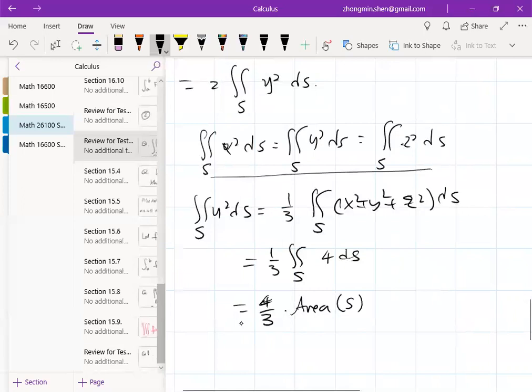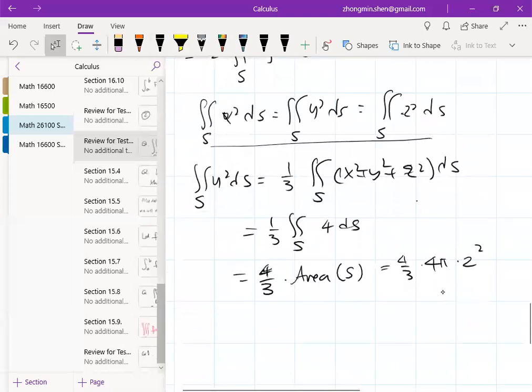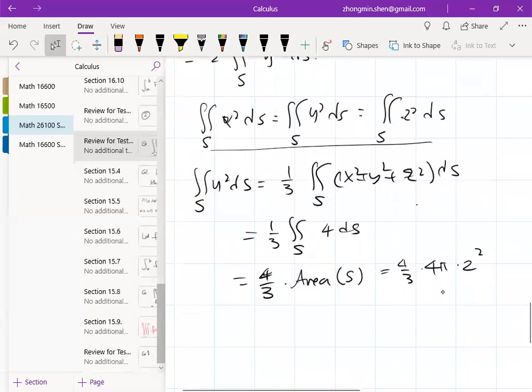So now this is going to be the area of, sorry, I think it's correct. The area of the sphere is 4 pi r squared, right? R squared is 2 squared, okay? So this is the answer, okay? So this is the area. I think it's correct, yeah. The volume is divided by 3, the area is not divided by 3, okay? 4 pi r squared. All right, so when you put it back,